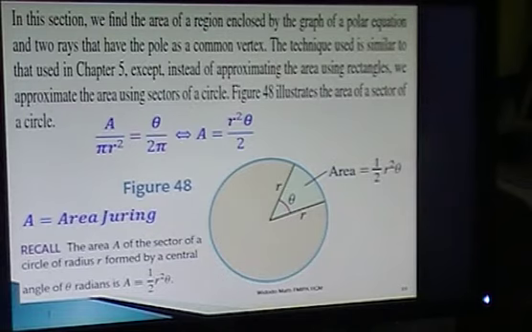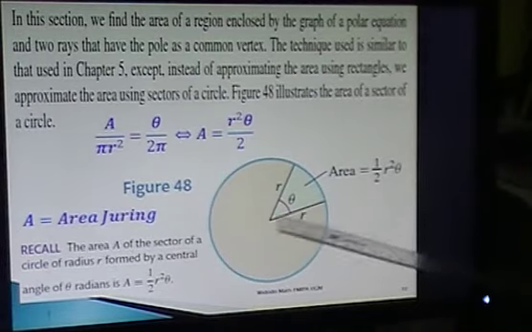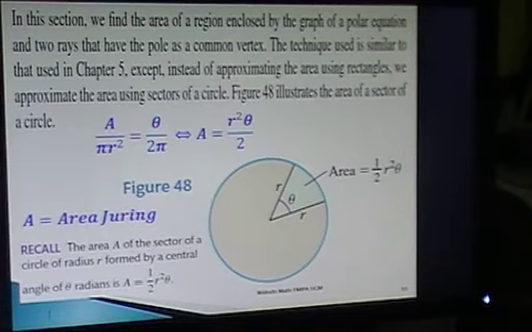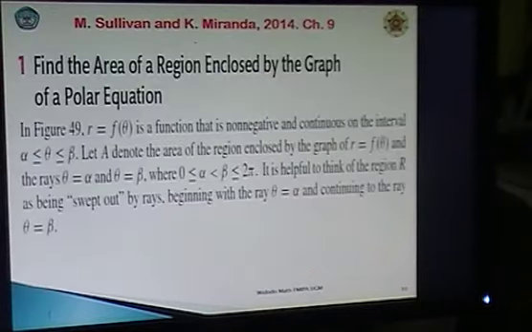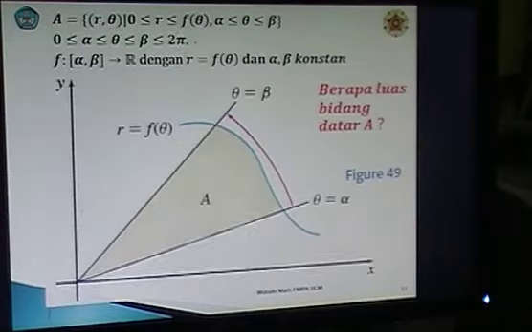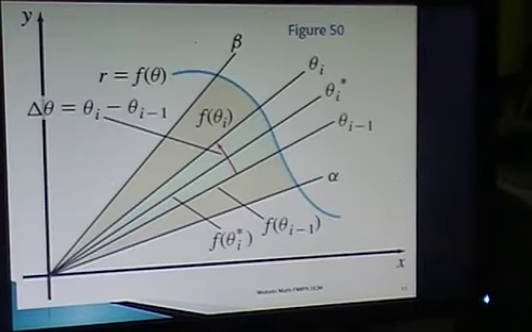which can be used to approach the flat area of a certain region by using this formula of the sector. Then we can find the formula of the area in polar coordinates. This is also some information from the book of Sullivan to find the area of a region enclosed by the graph of polar coordinates. We get the same formula, of course,